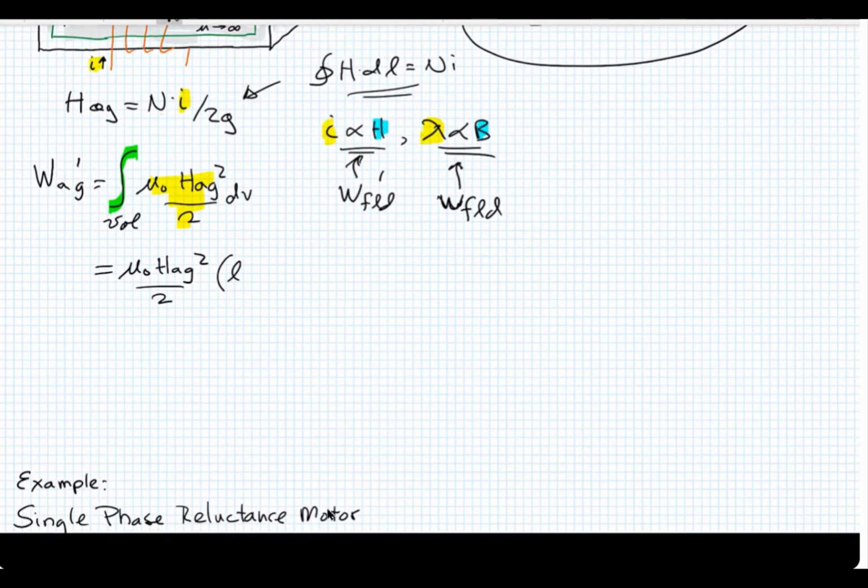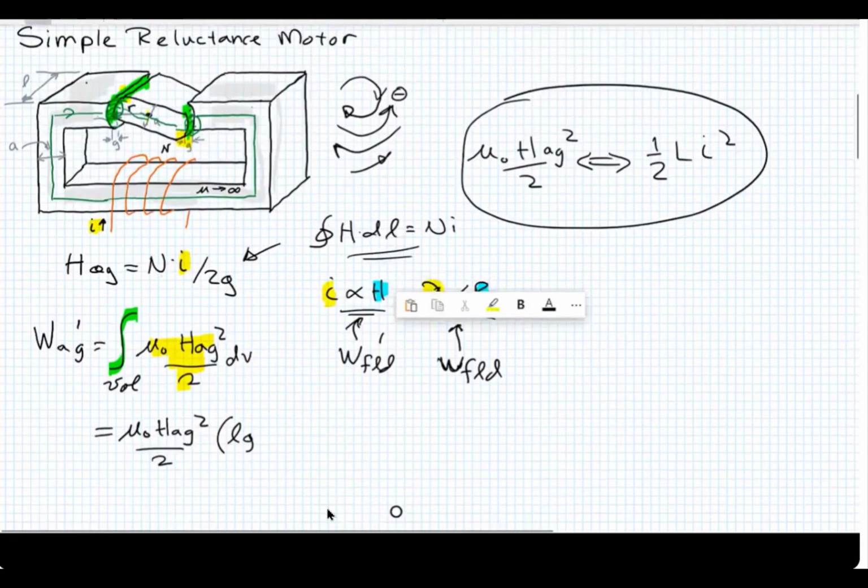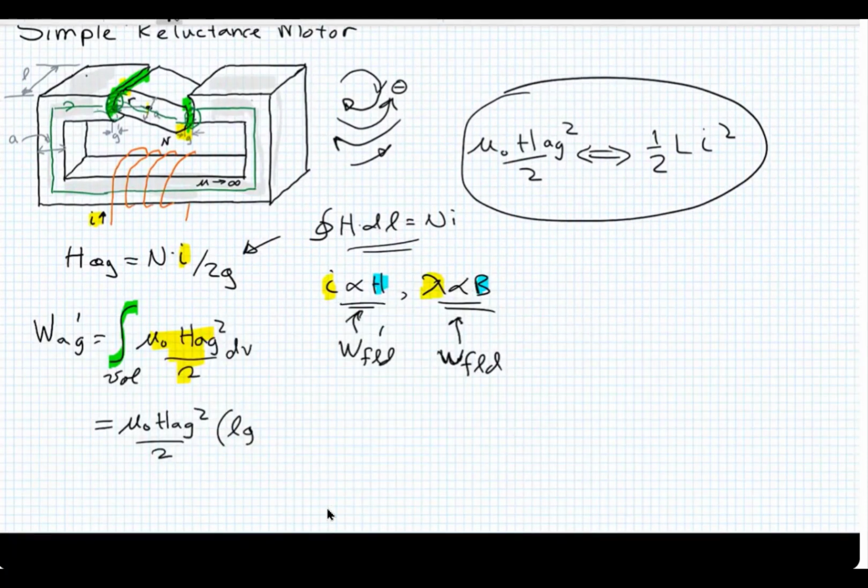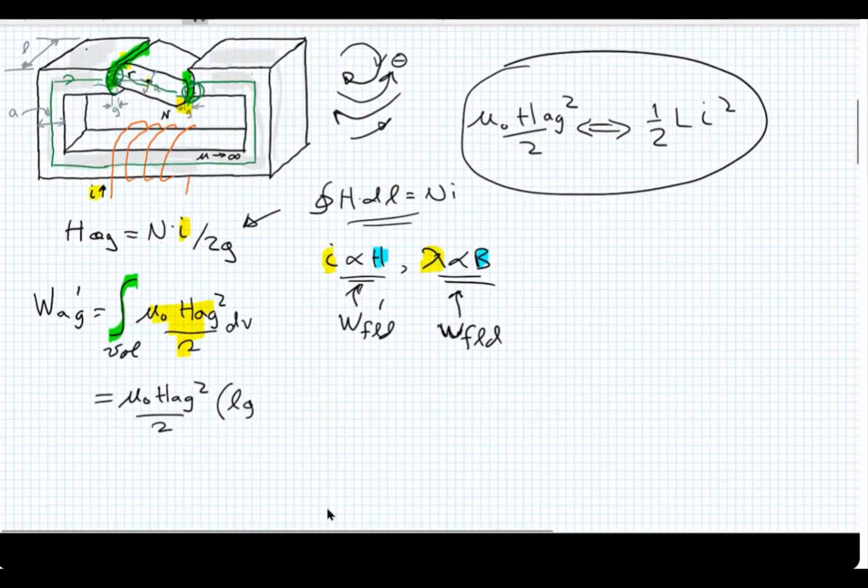I've got the gap, that's another part, that's a constant. The only thing that's moving is this part of it here that I circled. That's where you have to do a little bit of geometry. But the expression ends up being